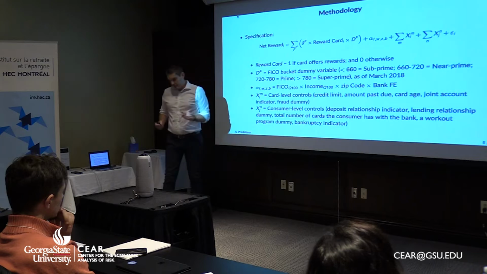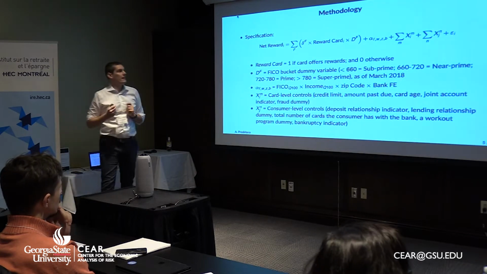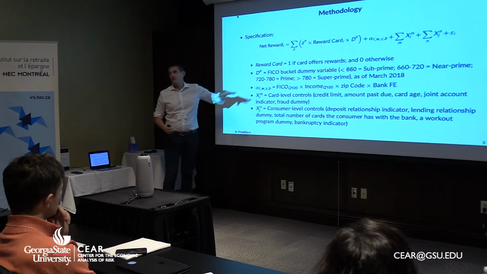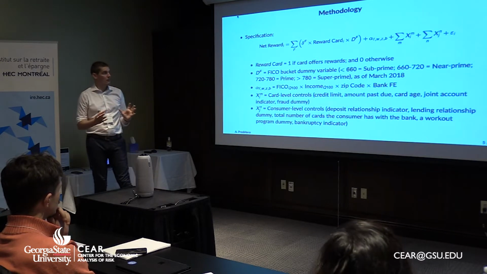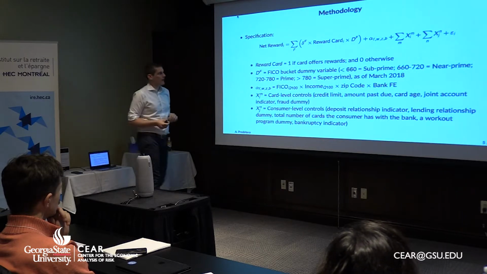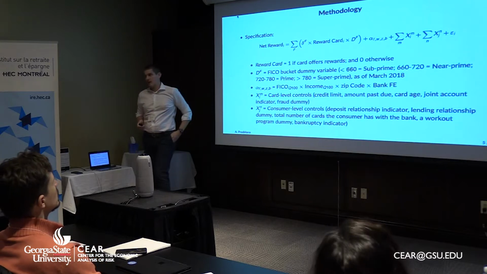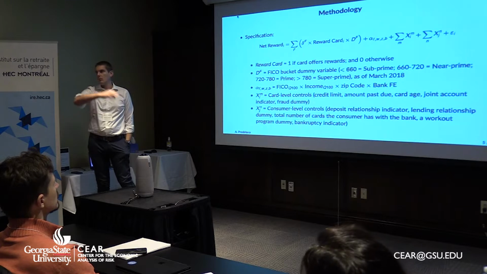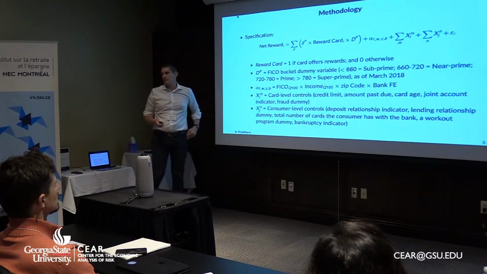We do that, so we care about the distribution of rewards across the FICO score. In the regression that I show you, for simplicity, we cluster the FICOs, the individual cardholders, in 4 buckets. So we have the subprime, the near prime, the prime and the super primes. Then I show you a picture in which the results basically work through the entire distribution. It's not an artifact of how we choose the buckets here, the FICO distribution.